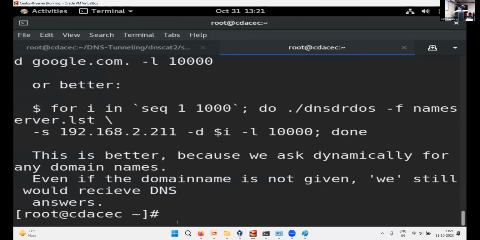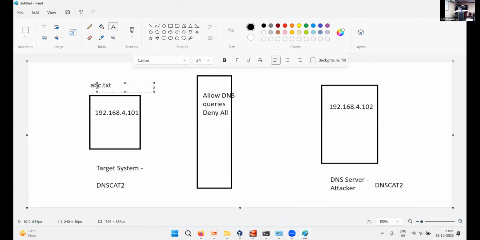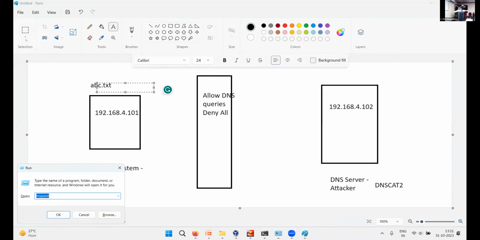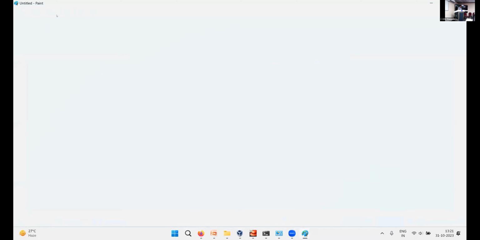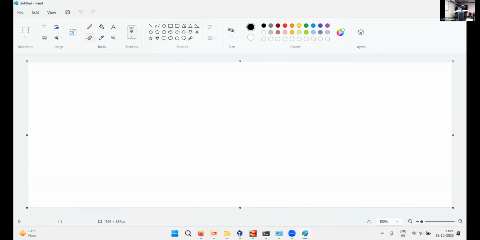Now to understand this amplification, I will open one more page. Here I'll have one list with me. This is the DNS server list.